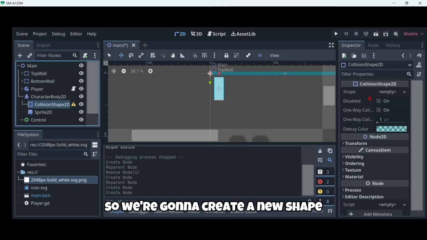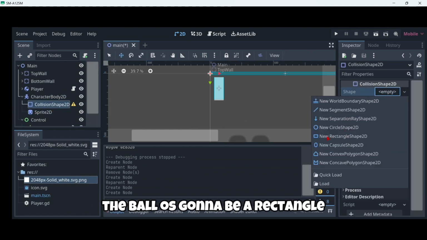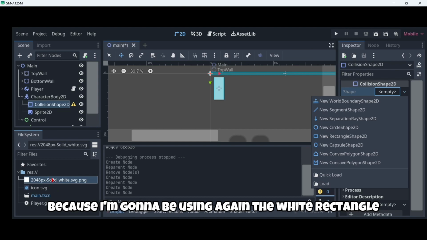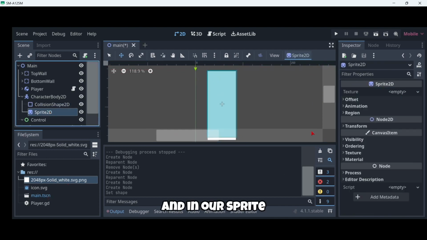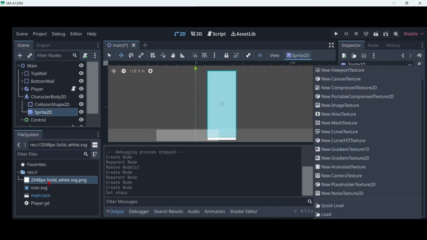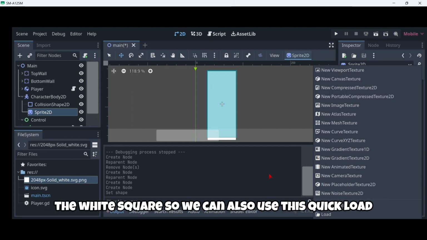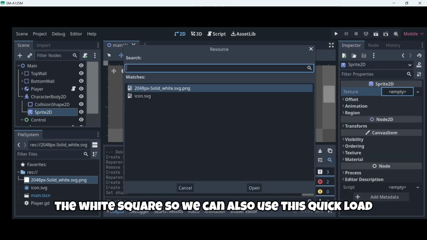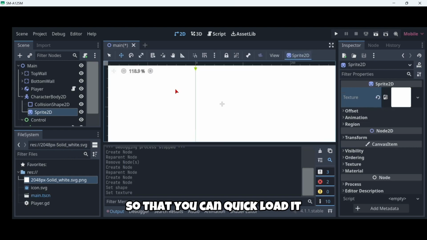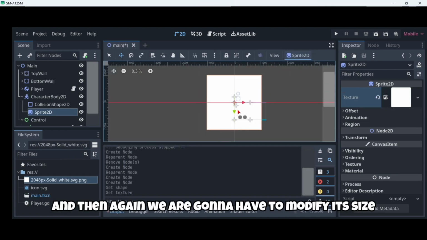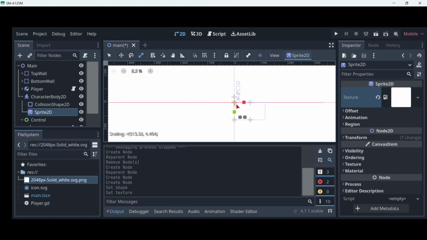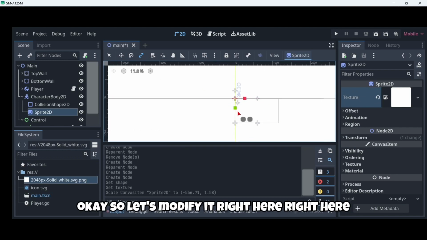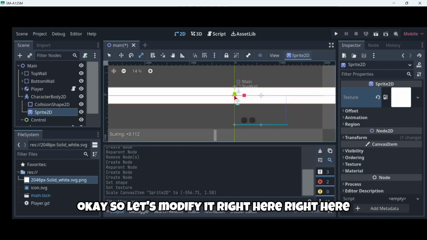So we're gonna create a new shape. In this case the ball is gonna be a rectangle because I'm gonna be using again the white rectangle, like this. And in our sprite I'm gonna load the white square, so you can also use this quick load, and then again we're gonna have to modify its size. Okay, so let's modify it right here,